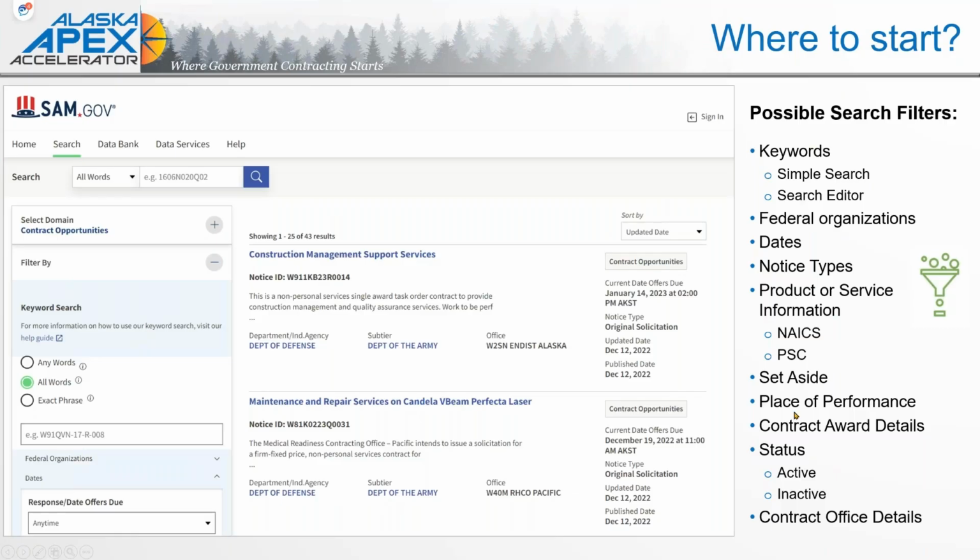But I want to talk about the importance of using the correct filters to really help you find. And under contract opportunities, again, we can do that keyword search, that any word that's simple. Oh, old slide, sorry about that. We can look at the federal organizations, the dates, the notice type, the product or service information, those NAICS codes,